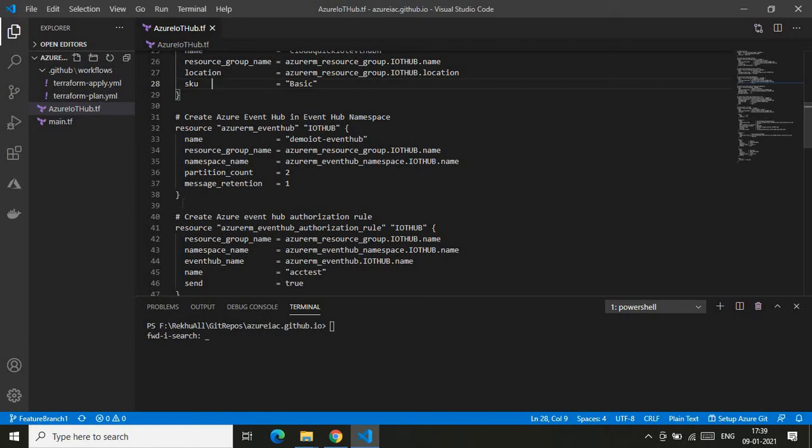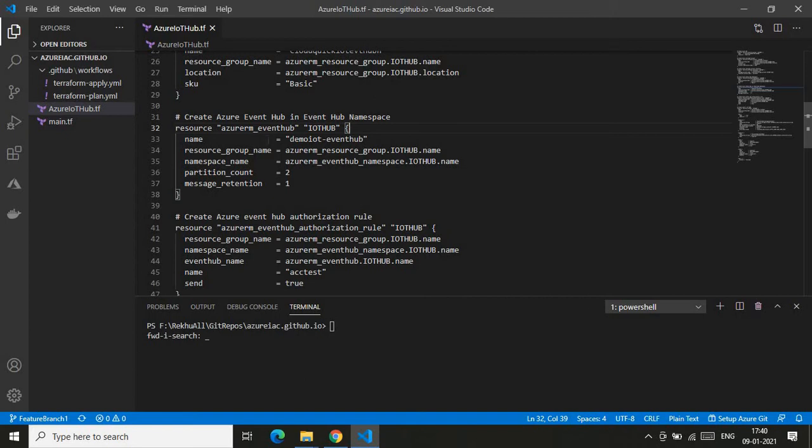And after that, as I said, I have the event hub namespace. Now it's time to create an event hub inside that namespace. So this is the block which does the same task. Again, the event hub is a resource, and this is the keyword to create the event hub inside the event hub namespace, that is azurerm_eventhub. This is the variable. After that we are giving the required parameters inside it. The very same syntax is followed across the Azure services, but the parameters will change from service to service.